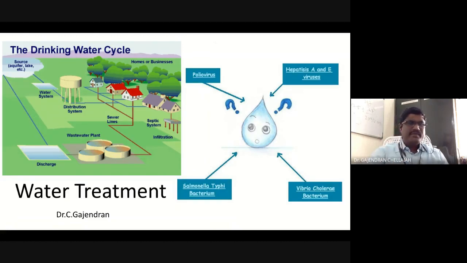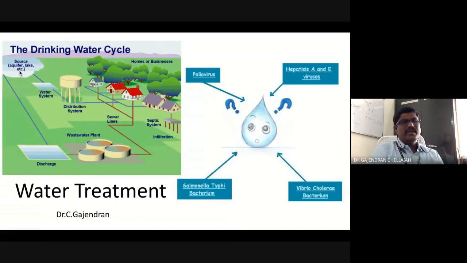So I believe that you will be able to see the slide now. In the slide, you can see that in water treatment, different stages are there. The first stage will be the sources. Normally sources may be an aquifer or lake, or in other words, a surface source or a groundwater source. Both surface and groundwater sources may contain some amount of pollutants or constituents which should be removed.